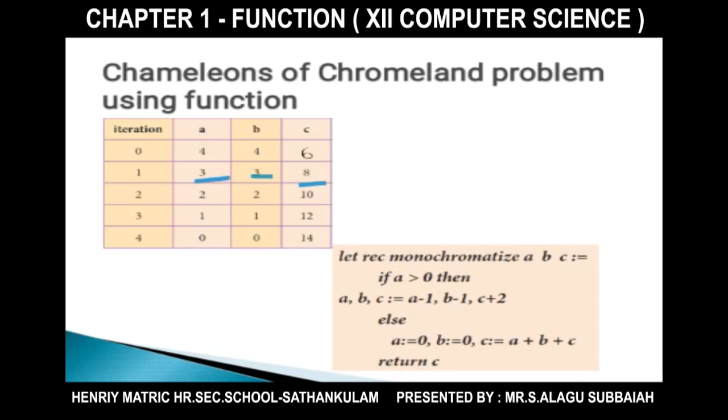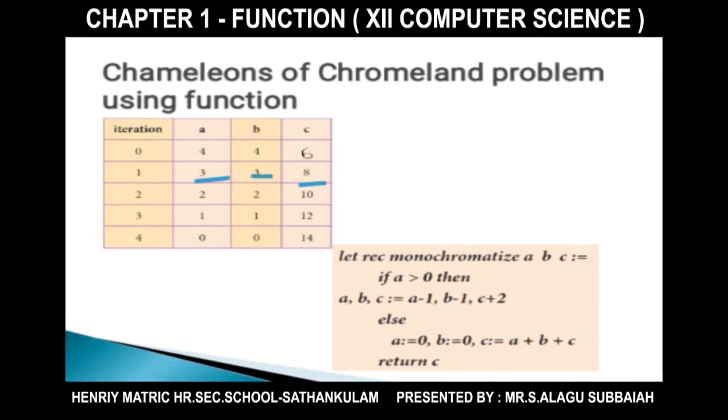In the next iteration also an A Hamiltonian and a B Hamiltonian meet and their colors change to C. That's why the 3 for A and B reduces to 2 and C increases to 10. The process will continue until the A and B Hamiltonian counts become 0. So that is the recursive function used here.